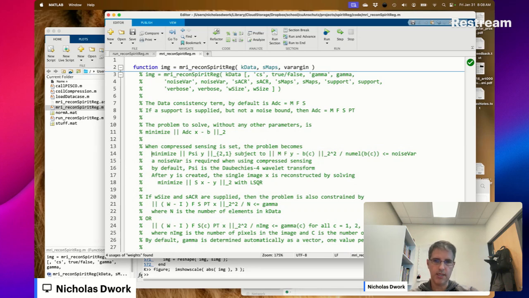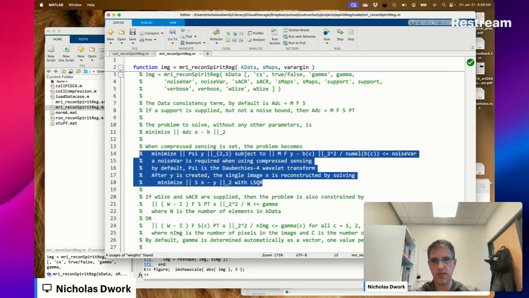This is actually, if this bloody works, this would actually be a parameter-free reconstruction. Okay, so it is a parameter-free reconstruction, but there's no reason to think that this will work well. And we're about to find out. Okay.